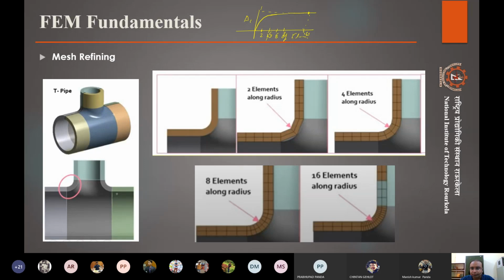Sir, you told that with the amount of meshing, the accuracy, after some time, will become certain. The accuracy will not increase substantially after a certain amount of time. So sir, how can we know the meshing optimization? Meshing optimization is also a full field of work when we do finite element.